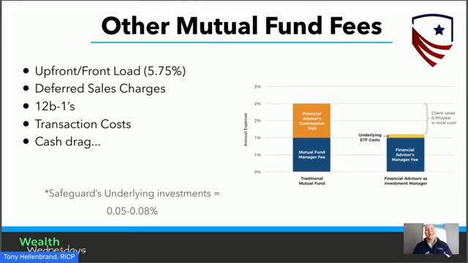And then the next biggest difference between mutual funds and ETFs, besides for that front load, is something called cash drag, which, if you've been to our engineering retirement income presentation, you've seen us talk about. I'm going to get into it in a little bit more detail. It's actually kind of the whole next section of the presentation. But just know that as a general rule, mutual funds are more expensive than ETFs.